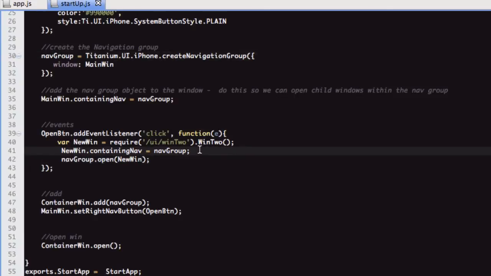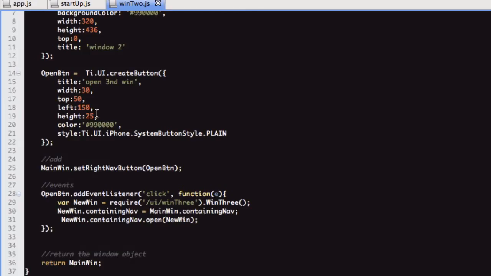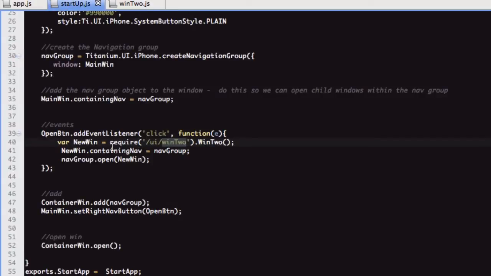So that may seem a bit confusing at first, but if I show you this win2 file, which is here, win2 returns the window object. It doesn't open it, it just returns the object. So that is why, if you look here, we're creating a new instance of a window object, then we're passing it this parameter, then we are opening it. And the reason I'm passing the parameters is, as I mentioned before,